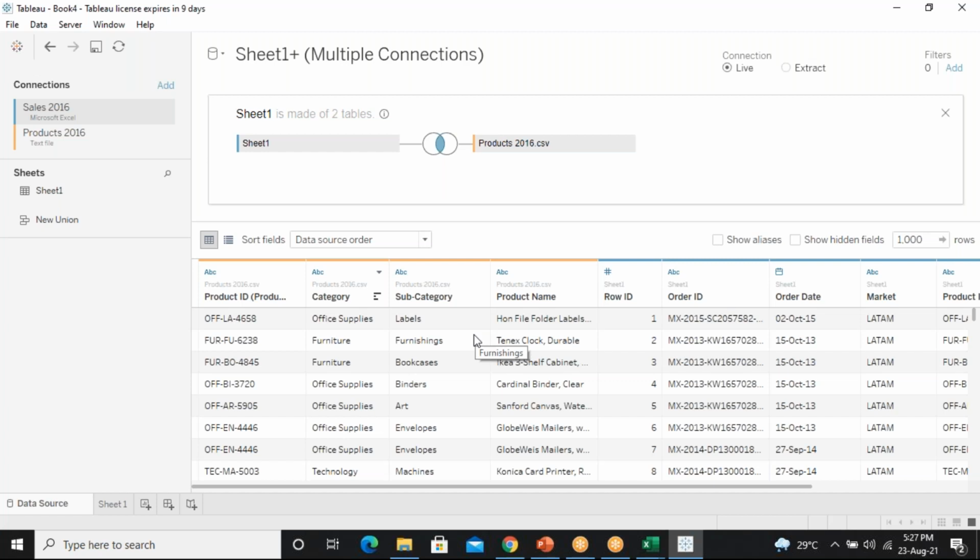Many columns are there. So these columns belong to sales and these columns belong to products. How will you tell me? First for products, because it has an orange line above that. Yeah, very good. Above that you can see a line which is highlighted. That makes it very clear which one it belongs to.